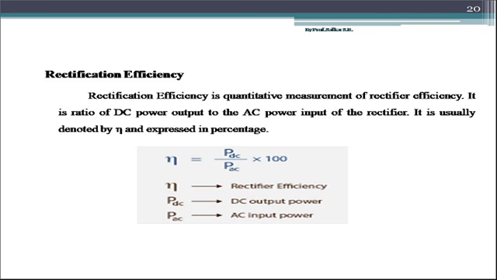So the work of the filter is to give us a more filtered output. The filter will reduce the impure signal at the output of the rectifier, that is, it will reduce the amount of AC signal present at the output of the rectifier and make our signal more pure, or more DC. That is why the output of the rectifier is given to the next block of the power supply, which is called the filter.